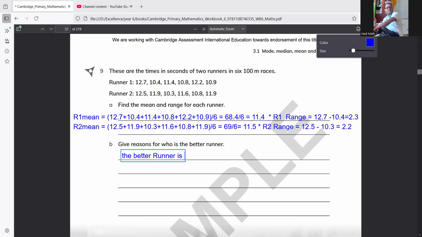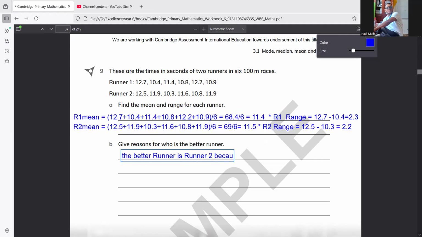The one that has a big mean is better, and the one that has a small range is better. If you look at the mean, runner 2 has a bigger mean, which is 11.5, bigger than 11.4. And if you look at the range, runner 2 has a smaller range than runner 1. So the better runner is runner 2